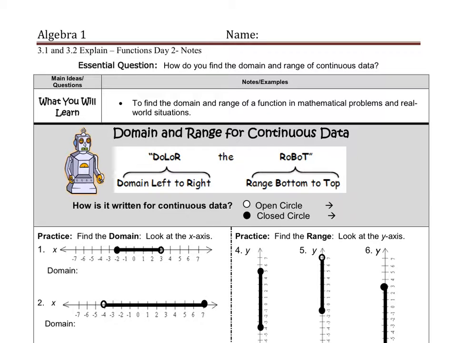Yesterday we learned how to describe our data for x and y values for discrete data. Today we're going to work on describing our data using continuous data. So when we were describing discrete data, we were using braces and listing all the x values for domain and all the y values for range. For continuous data, because it's every possible value between two endpoints, we will be using inequalities and making an interval